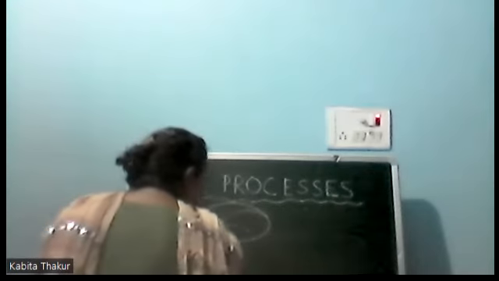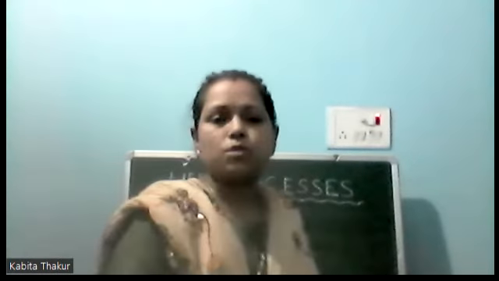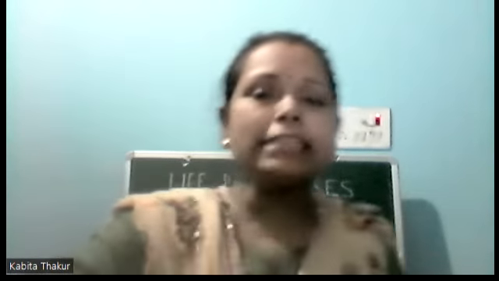Suppose dead and decaying matter is present here. What is this living organism doing? It secretes certain digestive enzymes outside the body, and due to that digestive enzyme, the external organic substance, here we are talking about these things,